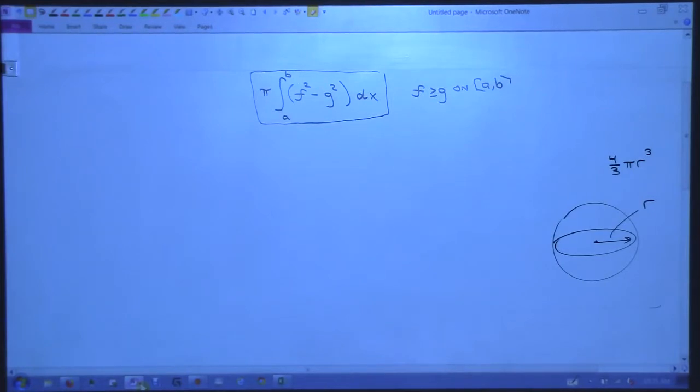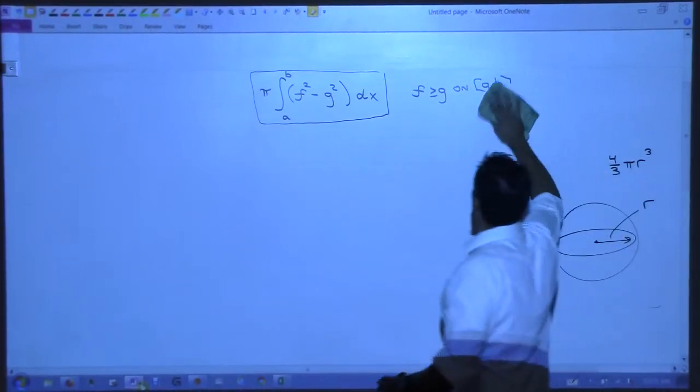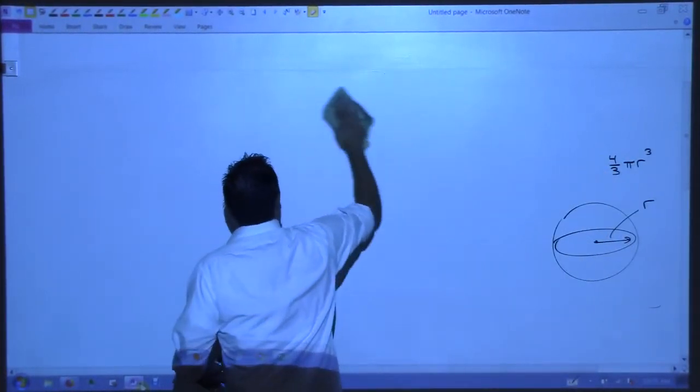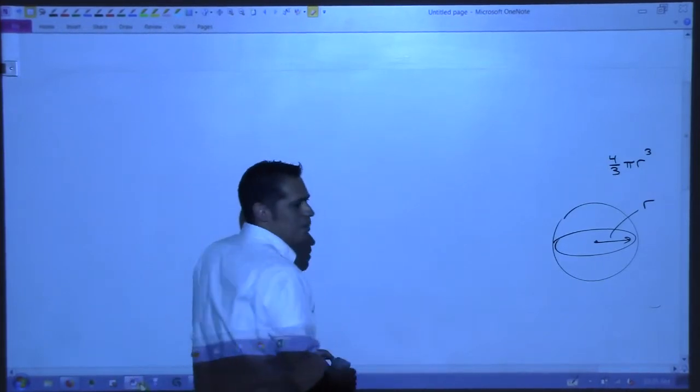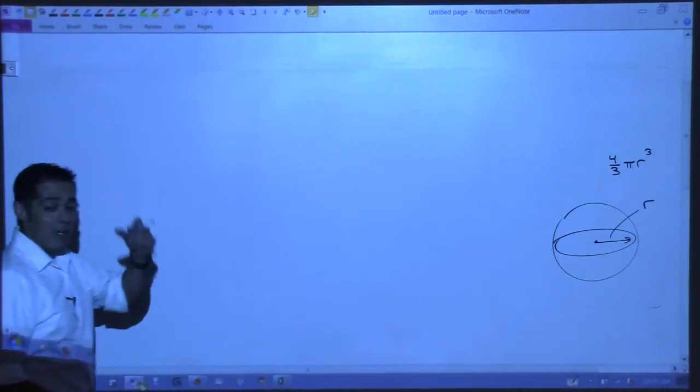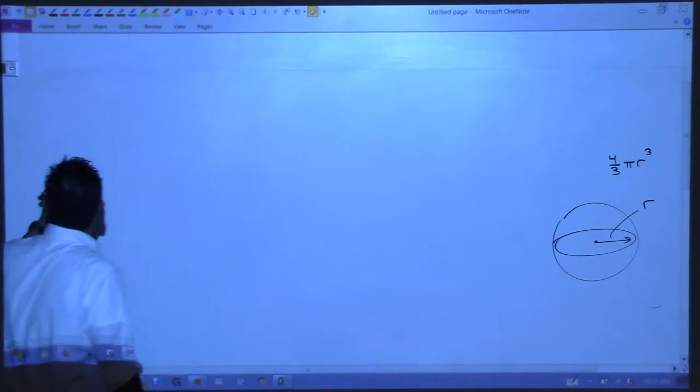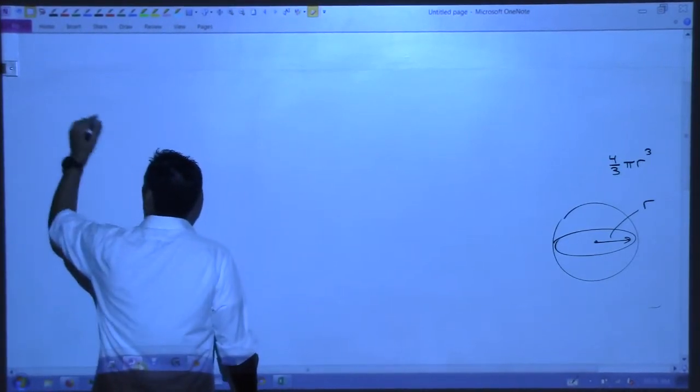Now, do you remember a few classes ago we proved that the area of a circle is pi r squared? We're going to prove that the volume of a sphere is 4/3 pi r cubed. We're going to do that right now. I hope. I'm just doing this on a whim, so I'm hoping we can actually do this. So how do we do this? Well, we go back and we